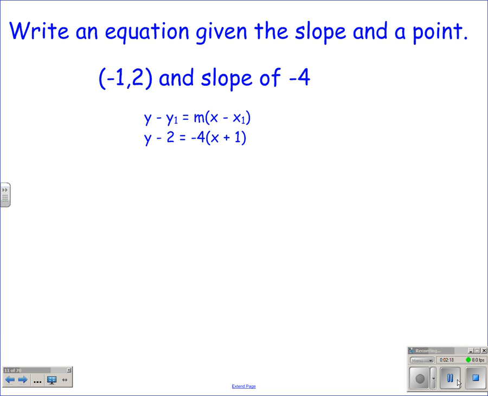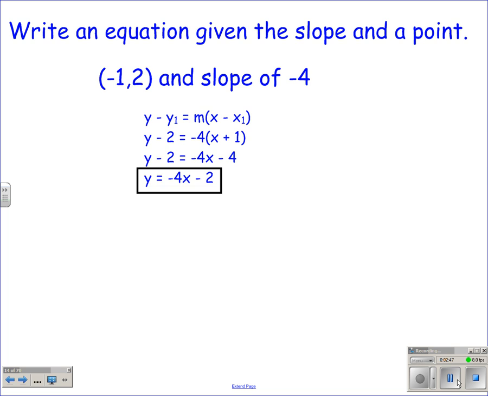At this time, you need to distribute your -4 to the right-hand side so that you have y minus 2 equals -4x minus 4. And then get your equation so that it is just y equals. Get all your constants together. So we'll have y equals -4x minus 2. This equation is in slope-intercept form, and we started out with it in point slope form,